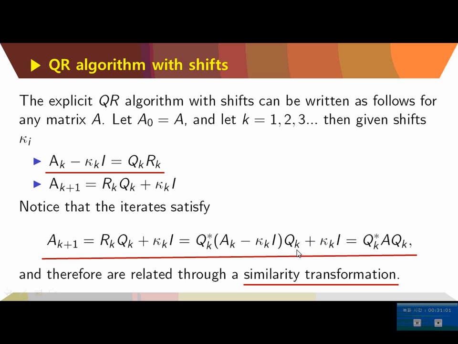what we have is a similarity. So the eigenvalue structure of this is the same as the eigenvalue structure of this one. Therefore, they are related through the similarity transformation. So even though we do a shift and use the QR factorization, we can safely find the eigenvalues we are looking for. We can just shift and do all the same things to find them. Then we can get away from the instability of the algorithm.